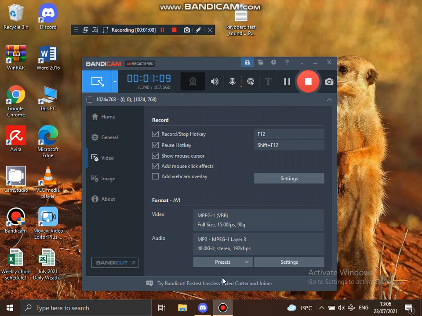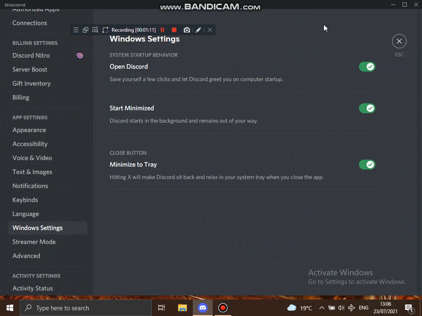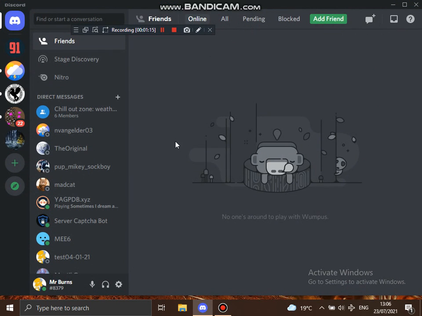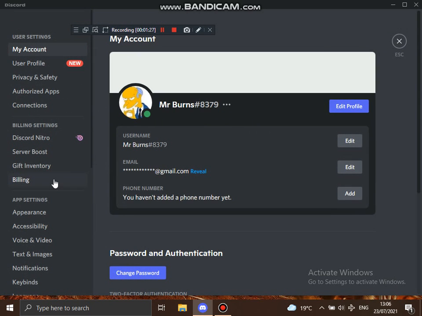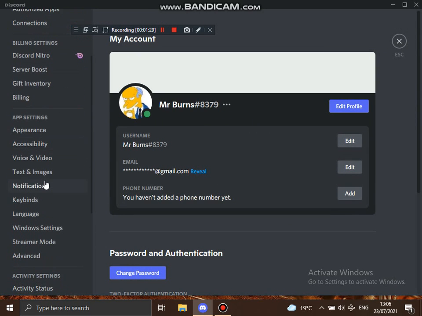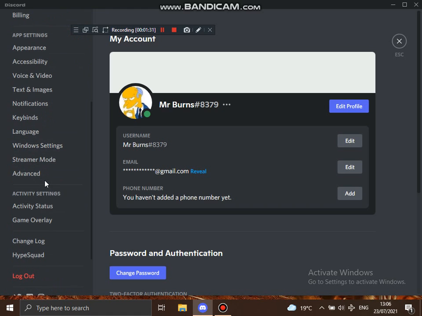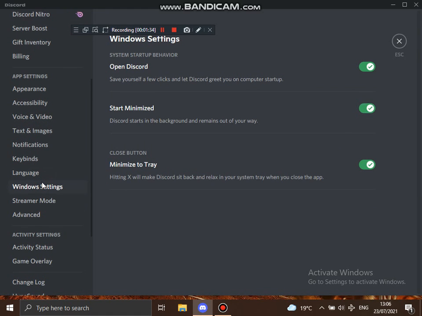So what you actually have to do is go into Discord itself. Once you're in Discord, you go into this little cog wheel in the bottom left hand corner of the screen. User settings, click on that, and then scroll down and go to Windows settings, and then, if you don't want it to start up,